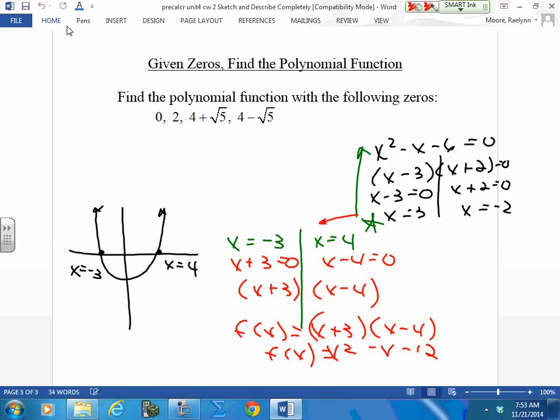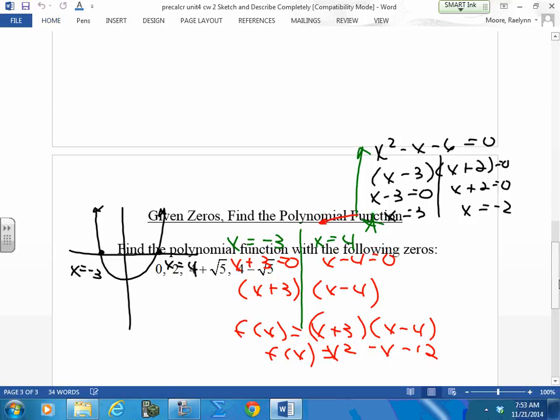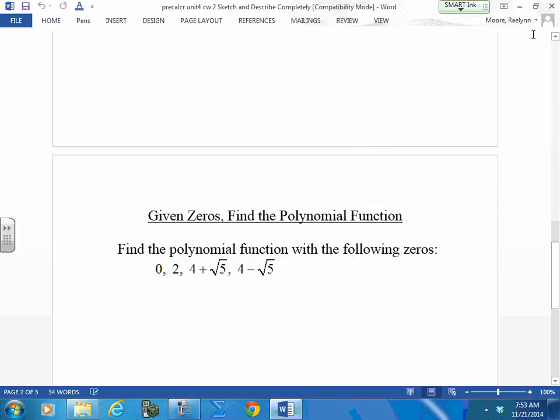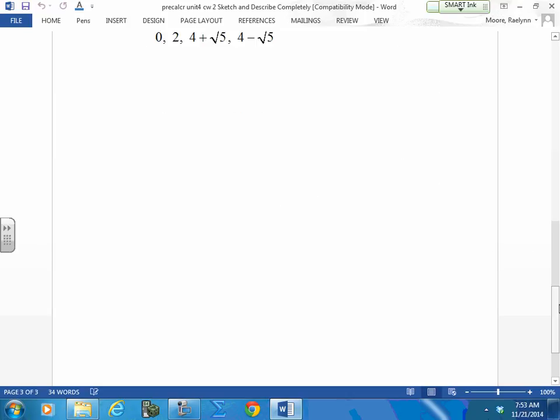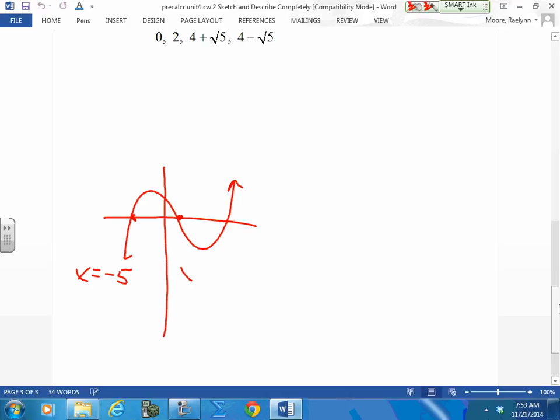Now, if I have a trinomial, you guys okay with this? If I have a trinomial of a cubing function, say I have a cubing function, and I'm passing through, I pass through here, I pass through here, I pass through here. I want to know what is my equation of this function. Same way, I work backwards. I start with my solutions,